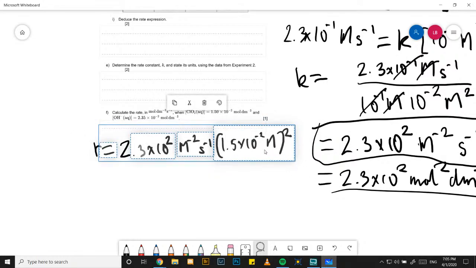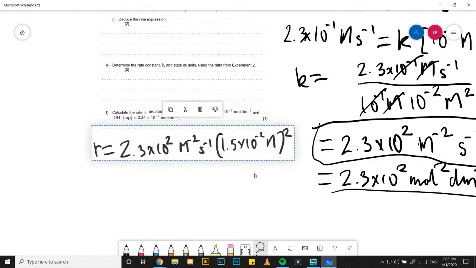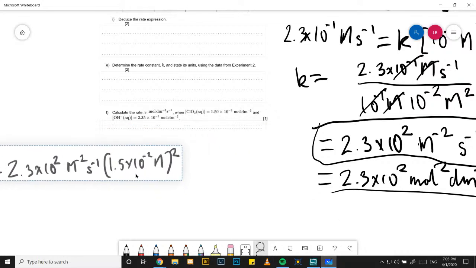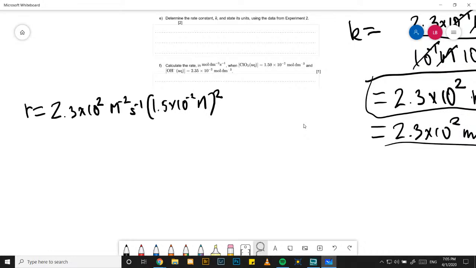Okay. Oh, I didn't lasso it correctly. That's stupid. There. I'm gonna move that here. And let's continue. So that's the ClO2 concentration squared times the OH concentration, which is